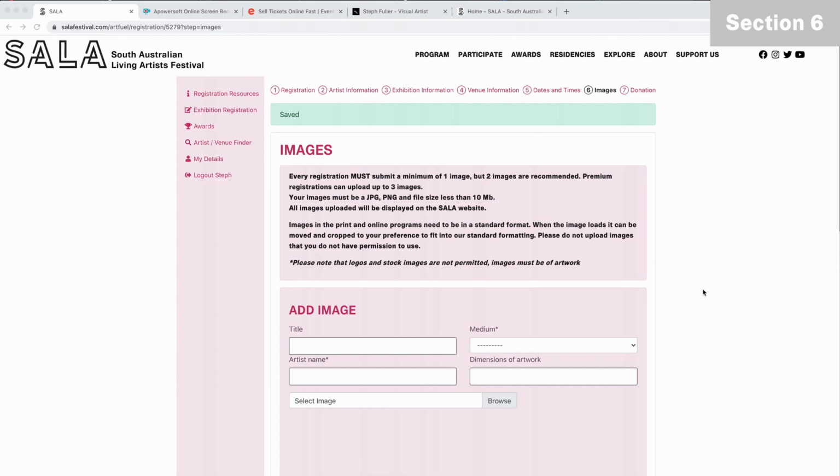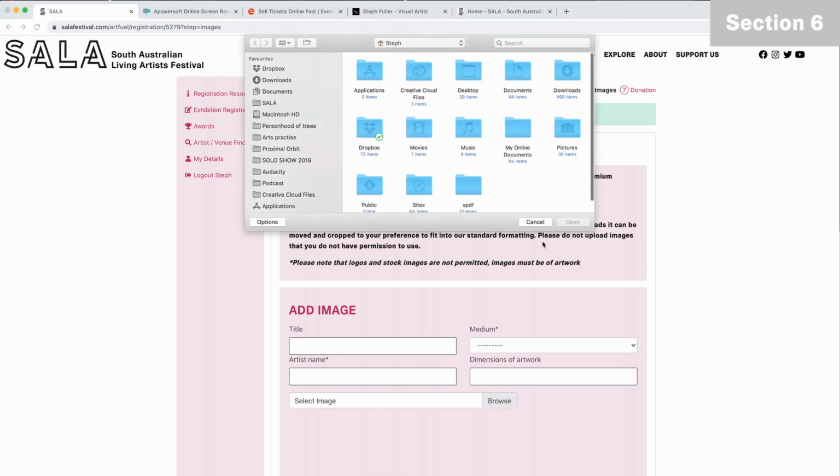Stock images are not permitted, and logos and posters are not permitted. Even though it's great if you do want to make a poster for your event, unfortunately that cannot be the image that we use. Let me find an image before I